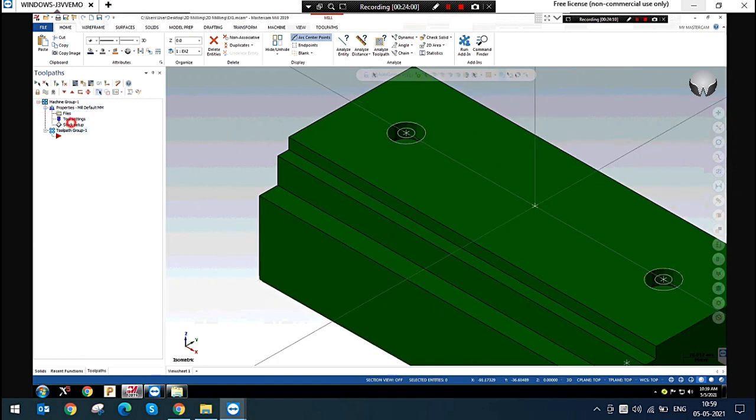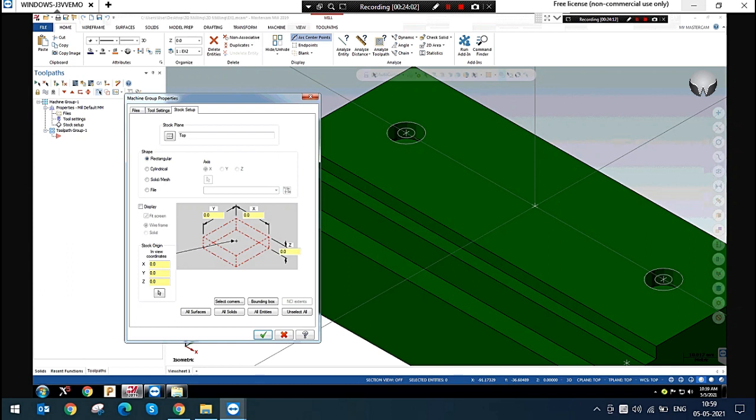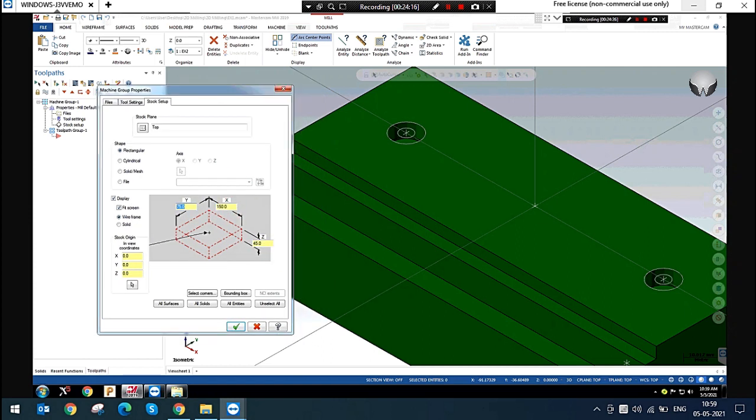Select. So now I am enabling the stock. I'm giving a rectangular shape and I am enabling the stock setup with the all solids method. By selecting all solids, the X, Y, and Z height, length, and width will be calculated from this model. Okay.